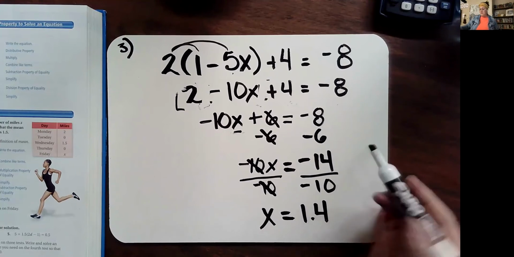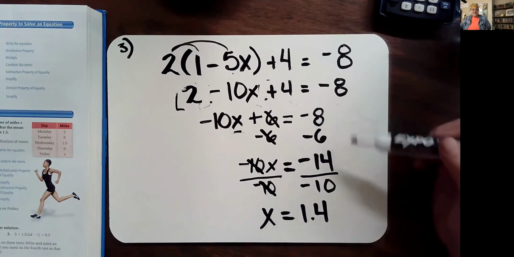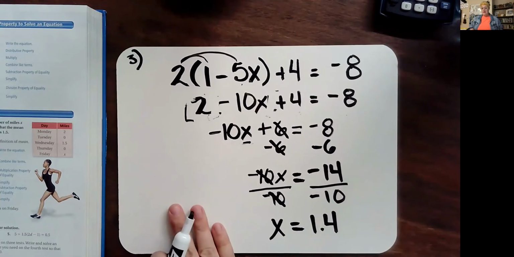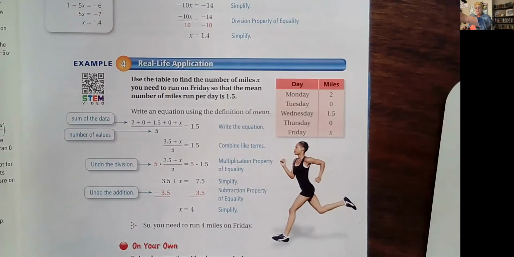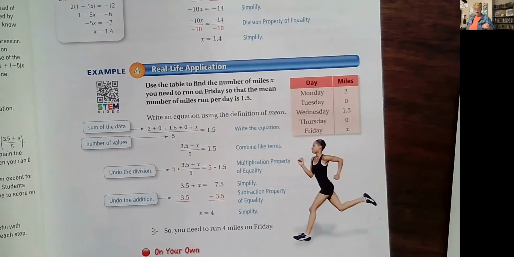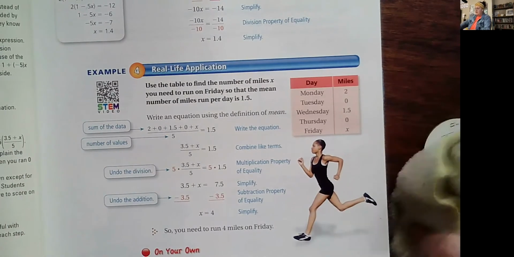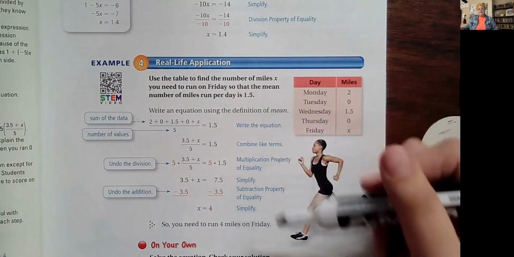So as you can see, we're just slowly building on the type of math that we've been doing so far. Okay, now I'm looking at the book. I'm not going to write out the example here in number 4. I'm just going to talk through it really quick because this is just an example where you could apply this type of math to real life. So in this example number 4, which you don't have to write out,